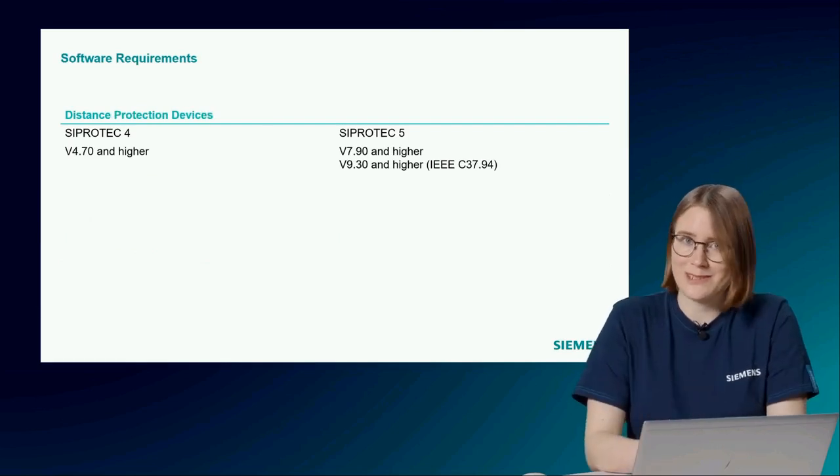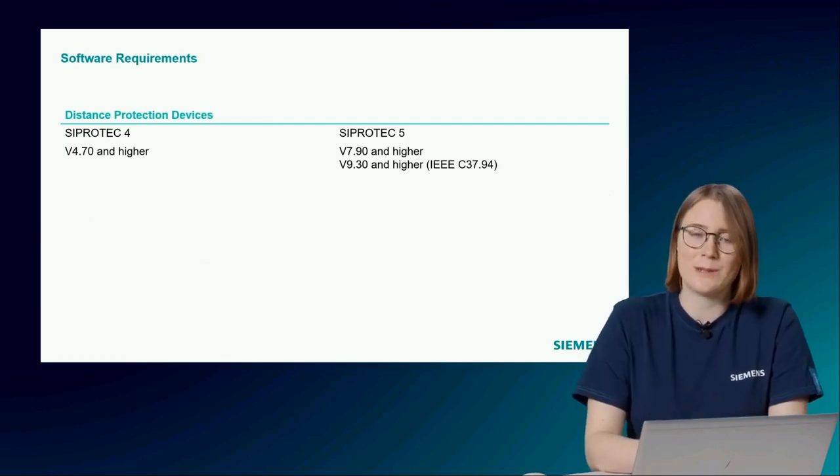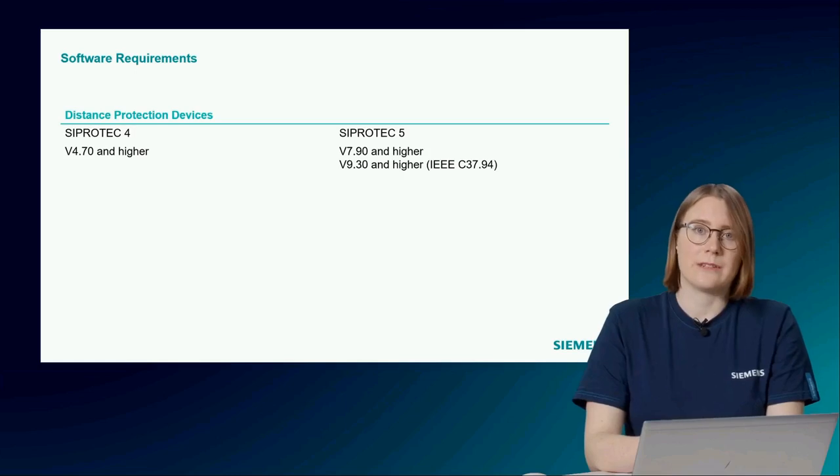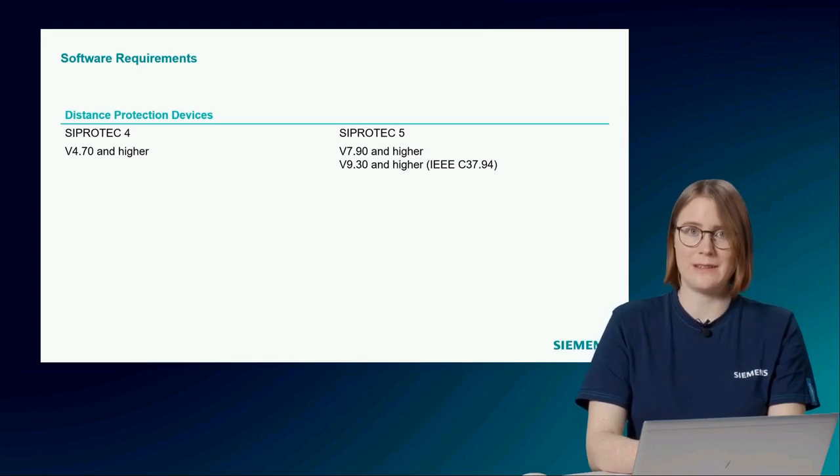Until now we talked a lot about hardware requirements, but what about software requirements? For the combination of 2 distance protection devices, you need a firmware 4.70 or higher on CBOTEC 4 side and a firmware 7.90 or higher on CBOTEC 5 side. A firmware version 9.30 is necessary for the IEEE